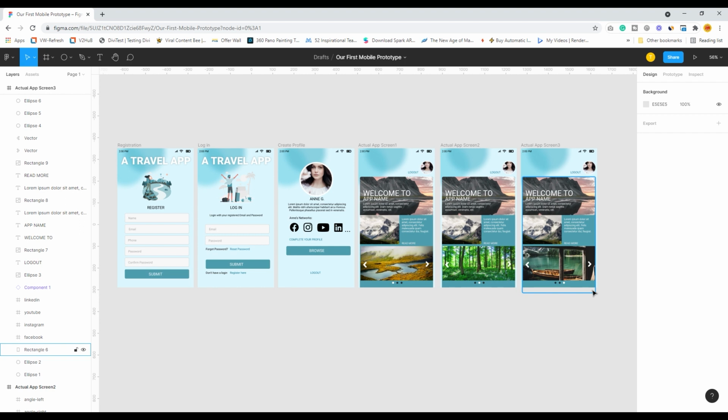Hope you found this particular demonstration of this Figma prototyping done from scratch in front of you. I had no design template, I had no predefined design with me.